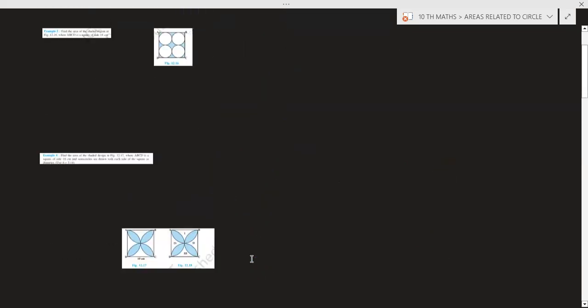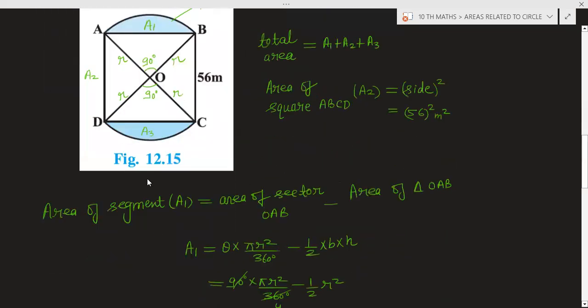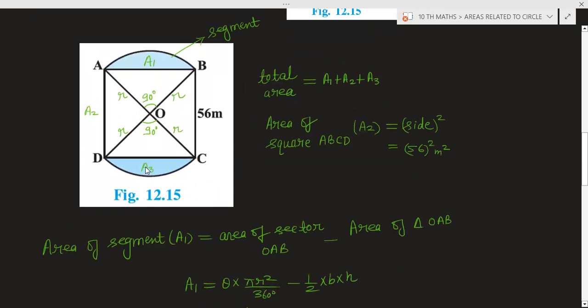In the next class, we will discuss more questions. Practice this question at least 2 times so that you understand it properly. Here the concept is that the diagonals of a square intersect at a 90-degree angle. You should learn this point. And if this angle is 90 degrees, we can find the area of the sector, and with the help of the area of the sector and the area of the triangle, we can find the